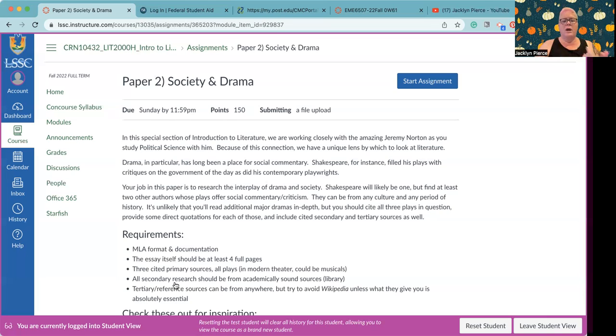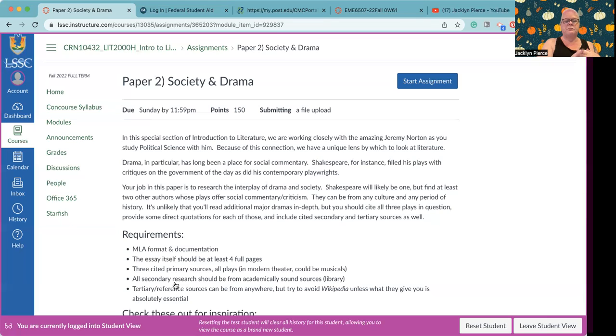Most of you will want to include Midsummer Night's Dream because you've already read it and you've had to take a look at it in depth. But then you're going to choose a couple of other plays. Now, I don't expect you to read 2 more full-length dramas, because they can get very, very long. But you are going to have 3 primary sources, 3 plays that you're focused on here. You may not read the whole thing, but you'll have some quotations from it, and you will cite that original play, that original drama.